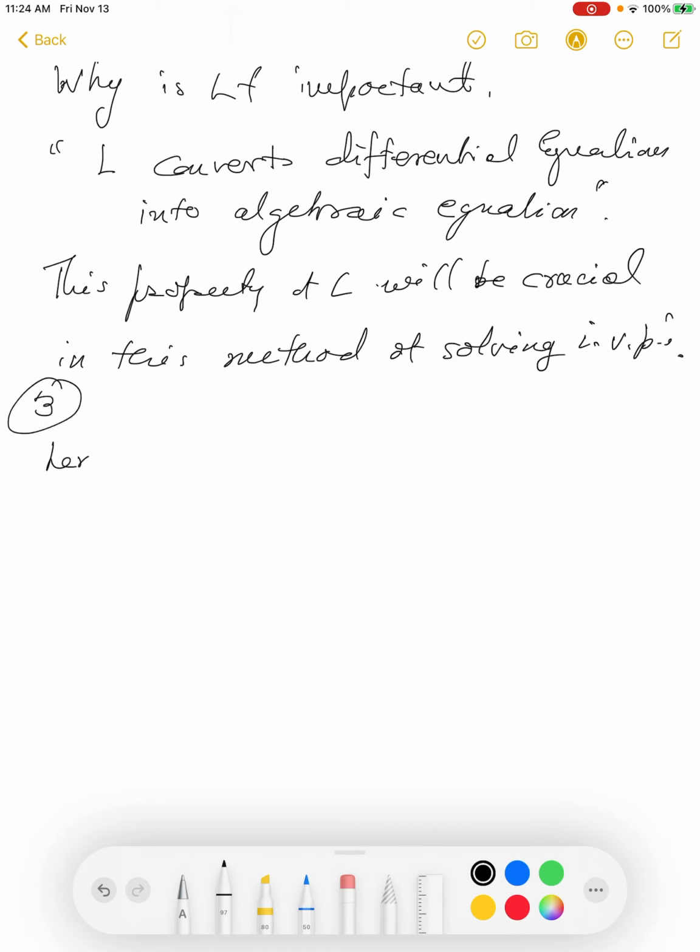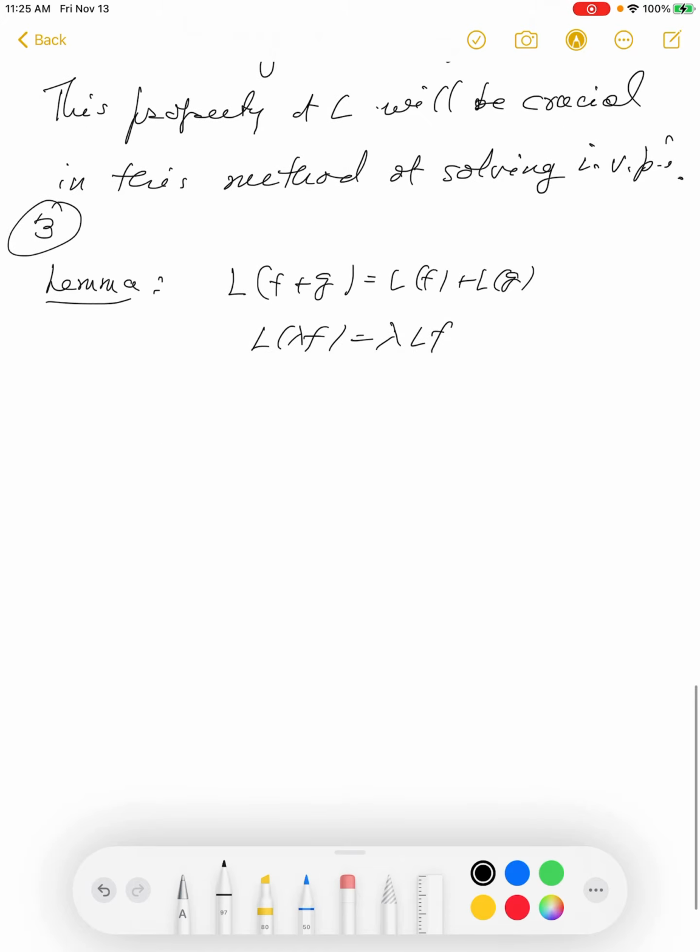So this is a lemma which is easy to prove. L of f plus g is LF plus LG, and L of lambda f is lambda LF. This is why I revised a bit of ideas coming from vector spaces, because this gives you a better understanding of what this L is. This is very easy to see,